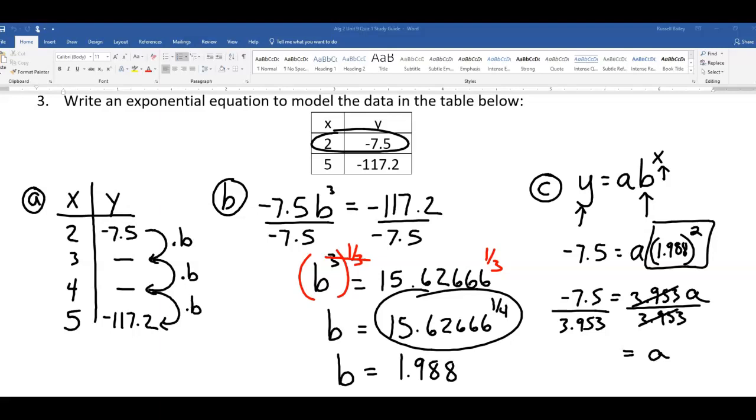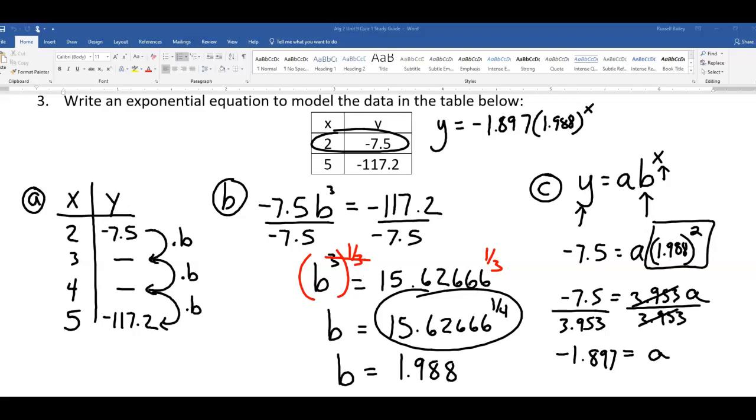And I get about negative 1.897. And so my final answer would be like this: negative 1.897, and the B value was 1.988. Now, just so you guys know,